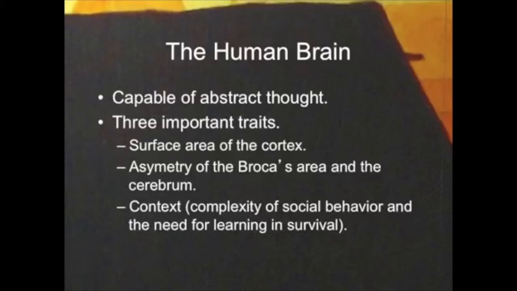One particular area, in this case important to abstract thought, the Broca's area, is very asymmetrical in terms of how it functions. And then finally, there is specific brain context when we take a look at the production of sounds,